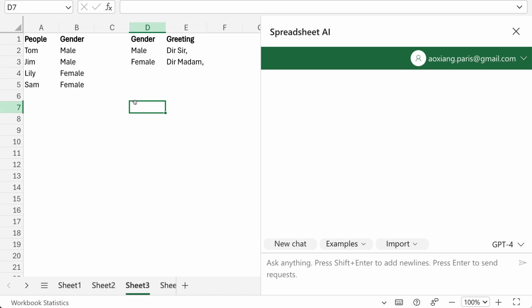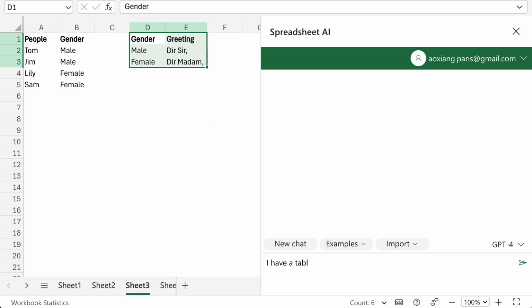The Chat Copilot can also work with multiple tables. For instance, we have one table of people's genders and another table of greetings. We want to join the two tables. We can then ask, I have a table in A1 to B5 and another table in D1 to E3. Please join the two tables and give me a complete table with people, gender, and greeting.